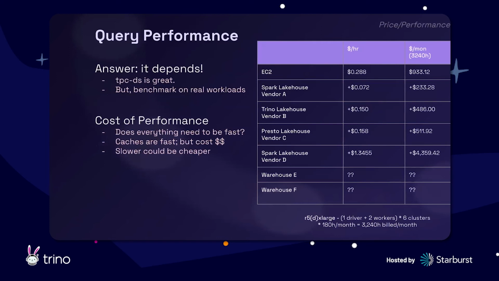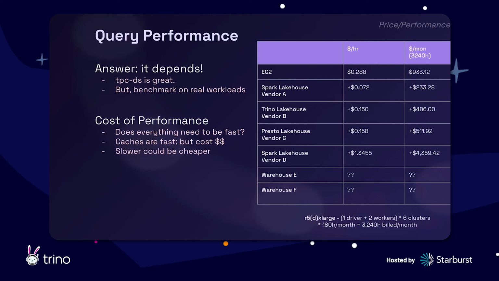And if you simply look at this table, you can see that from the barebone EC2 cost, at least on the lake, you can take any engine and run it on your own. And then you get a lot of management and a lot of different performance features on top of this from different vendors. So you have different price performance for your workloads. So you can actually save a lot by being more judicious and benchmarking on your real workloads and finding out where you need to send what workload, right?